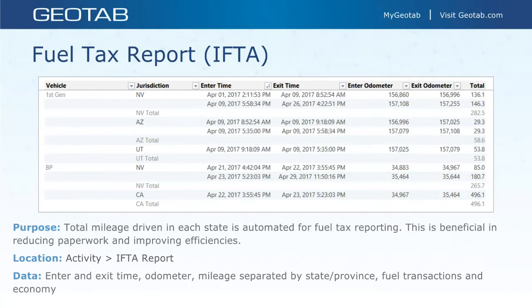So looking at this vehicle, first gen, during the time frame of this report, this vehicle drove in Nevada, Arizona, and Utah. The enter time is when the vehicle entered that jurisdiction, or that province for our Canadian friends, and when it exited that state or province. So this vehicle entered the state of Nevada April 1st at 2:11 p.m., exited on the 9th at 8:52 a.m. The enter odometer, 156,860. The exit odometer, 156,996, for 136 miles driven between April 1st and April 9th in the